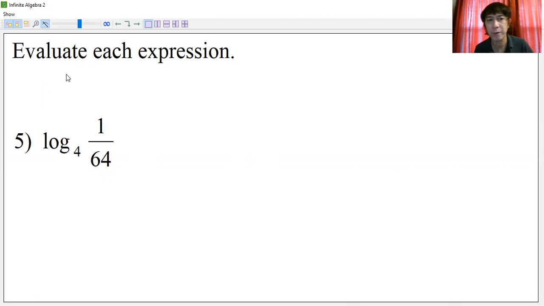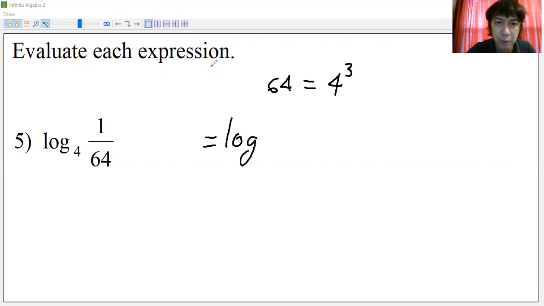Let's transform that 64 like 4 to the 3. Okay, 4 to the 3 is 64. So we can start with this idea. 64 is 4 raised to the power 3, like that. And so we can write the equivalent of this. This will just be logarithm to base 4. We can write this like 1 over 4 to the 3rd. There. And then by algebra, we can move up the 4 to the 3rd at the numerator, making the 3 negative.